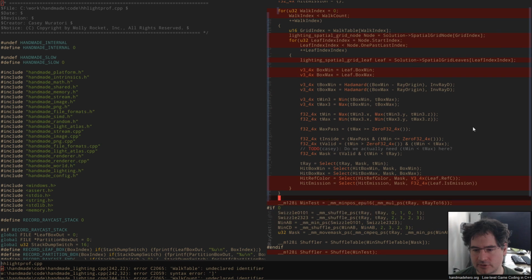We want to be able to load in 4 ref colors at the same time. And we also want to load in 4 emissions at the same time. So these need to be loaded this way. Now, these are a little bit piggy. They're bigger than they need to be, but it's okay for now because we haven't done storage optimization on this